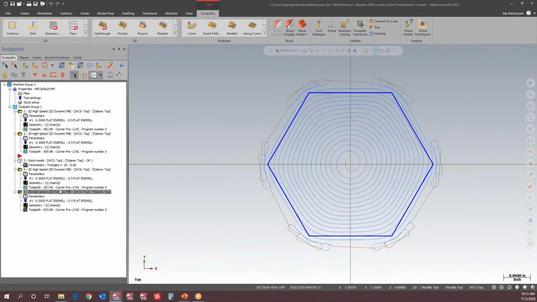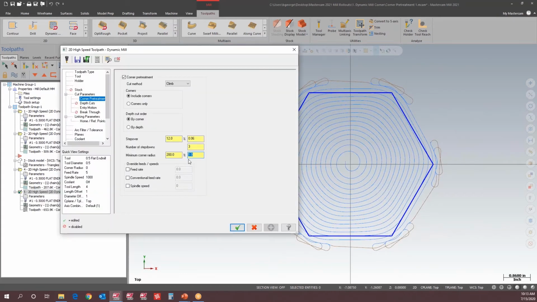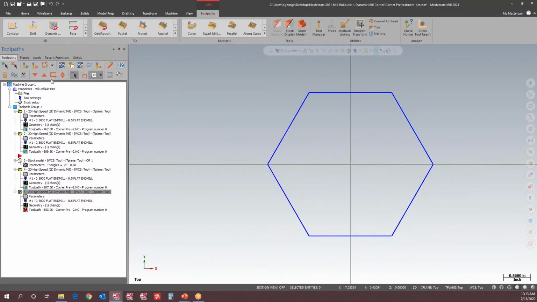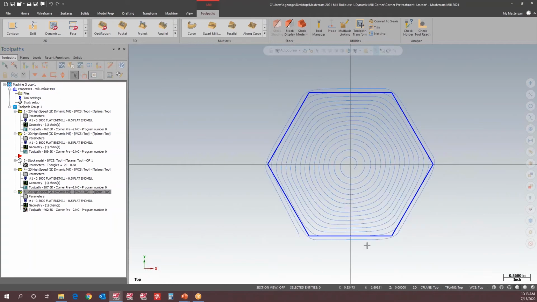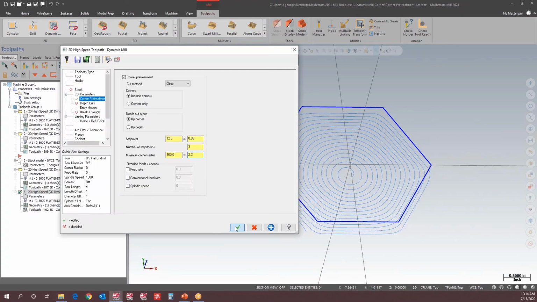One of the other things is we can basically increase the radius to whatever size we want, as long as radius to radius doesn't become impossible. What I mean by that is, say I put in a super large radius, like 3 inches. See how it just doesn't even do it? It won't tell you can't do the toolpath, but it just won't do it. Whereas if I put in something like 2.3,